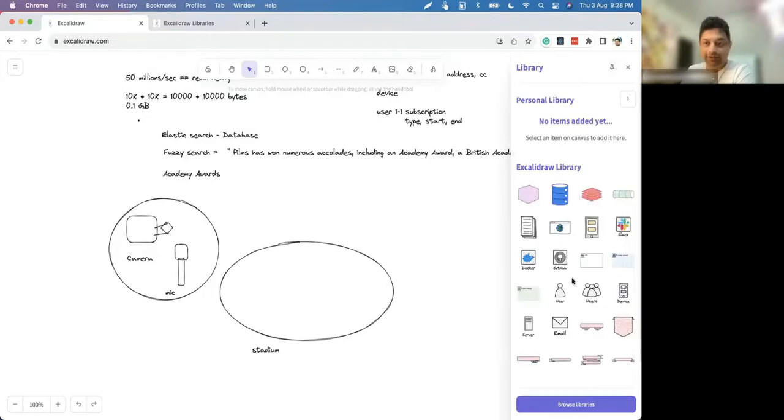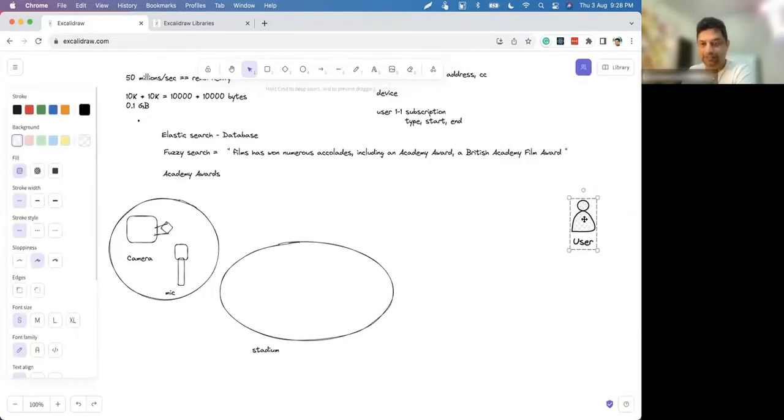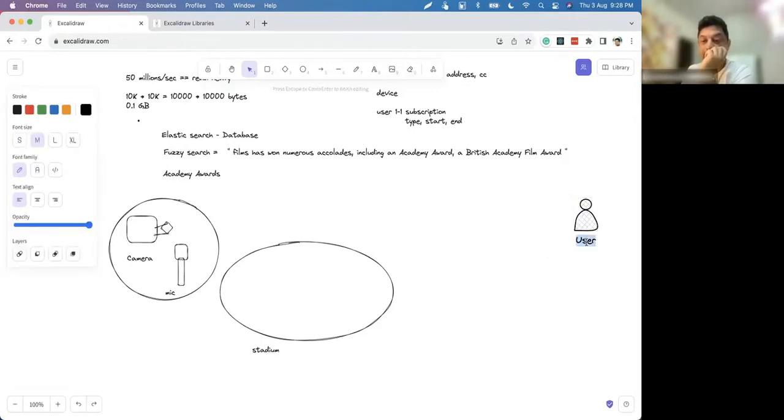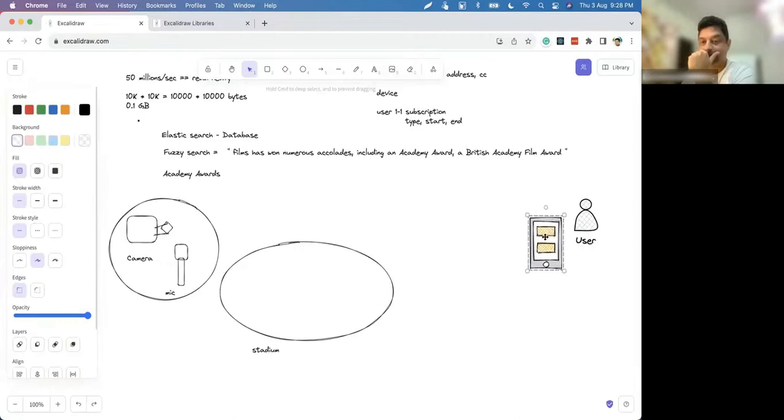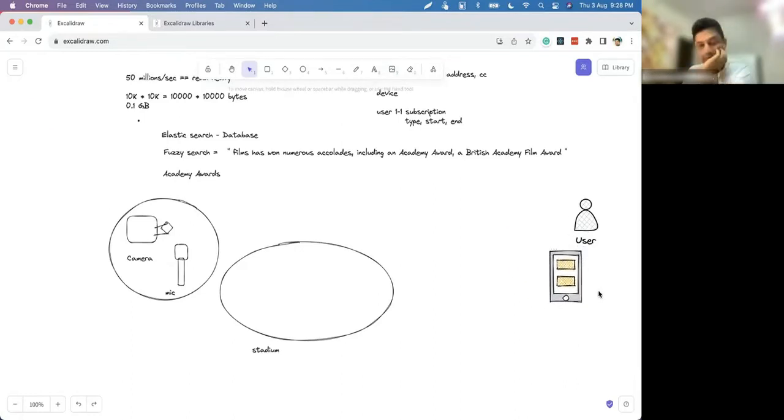Now you are a user watching from thousands of kilometers away. We are not on Mars, but we are thousands of kilometers away. So this is the user, watching on his mobile device. This device could be any device, iPhone or Redmi or Oppo.